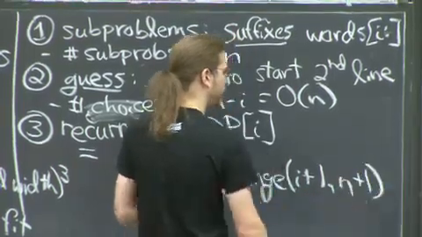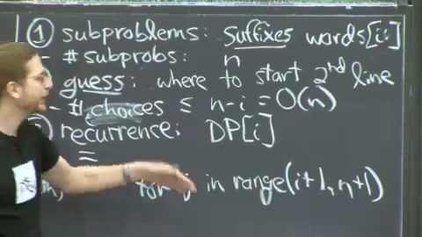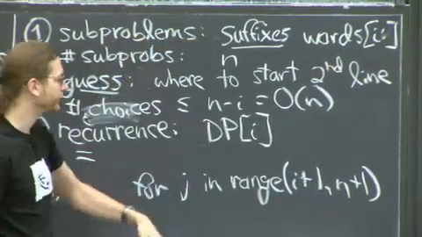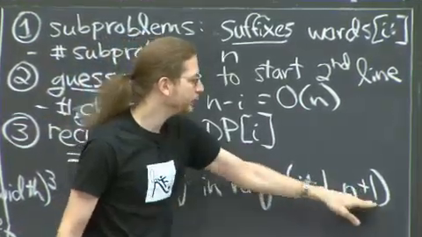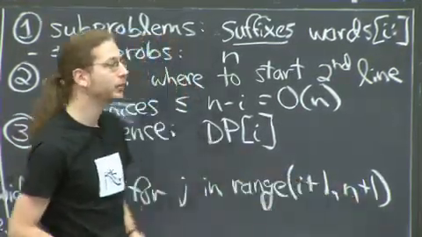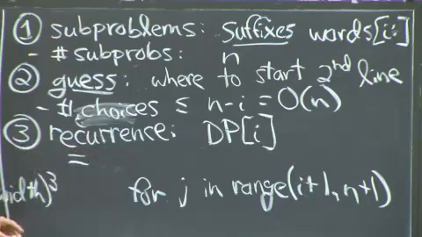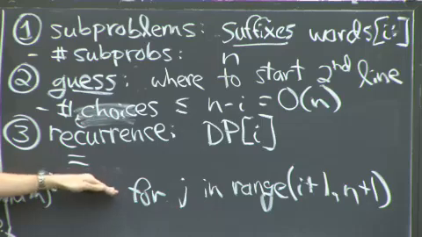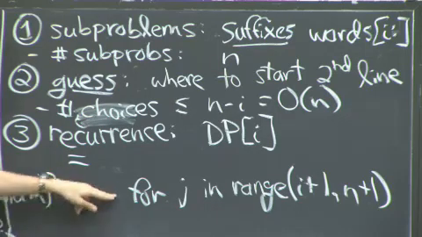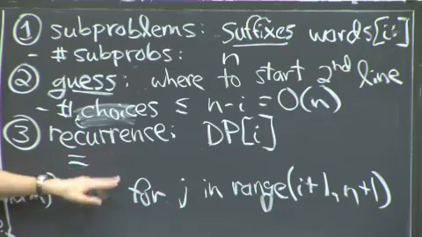I think that would be the for loop of where the second line can start. I can't start at I because that's where the first line starts. But it could start at I plus 1. And this special value of n will mean that there is no second line. OK? So dp of I, now I want to do this for loop in order to try all the possible guesses. J will be the word where the next thing starts. So then what do I write up here? If I make this guess,